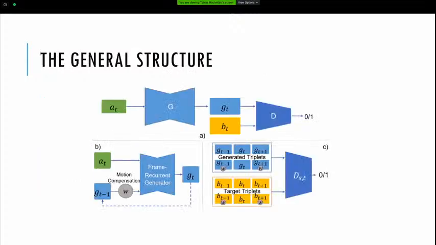So here we have at the top, this one is just another image of a very normal GAN. We have the generator and we have the discriminator part. The generator gets some sort of sample. So in this